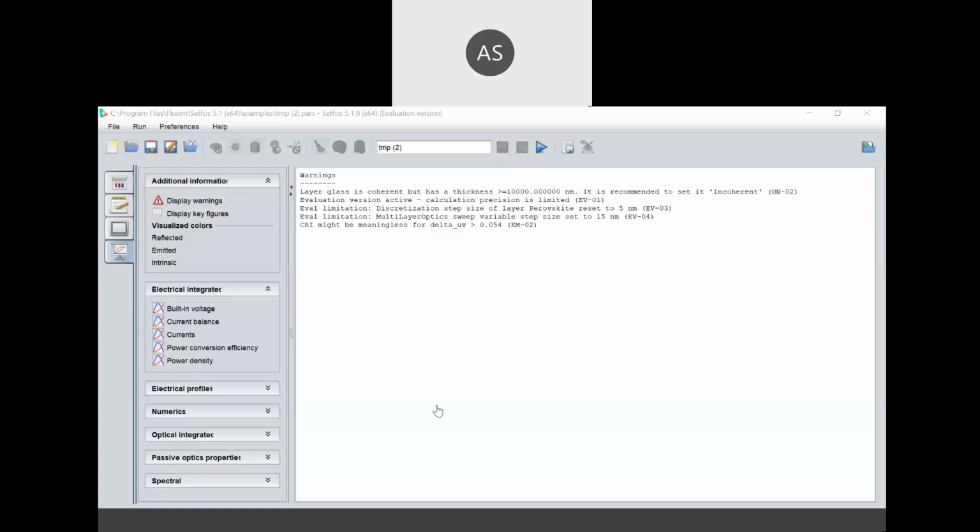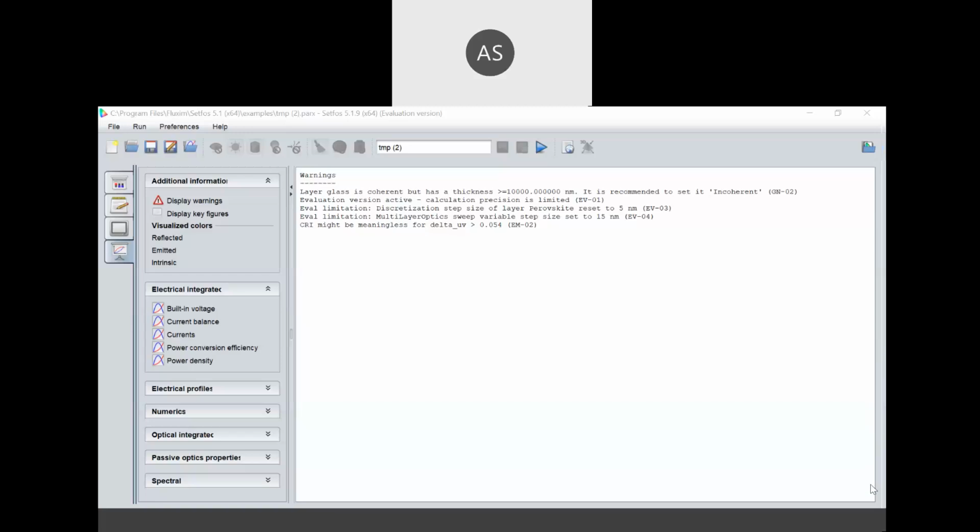This is conversion efficiency, and this is current balance, and so many graphs will be there in this complete presentation that is automatically prepared. So you can see the electric field, potential, recombination, current density, all outputs are there in a single presentation that is automatically prepared for you.